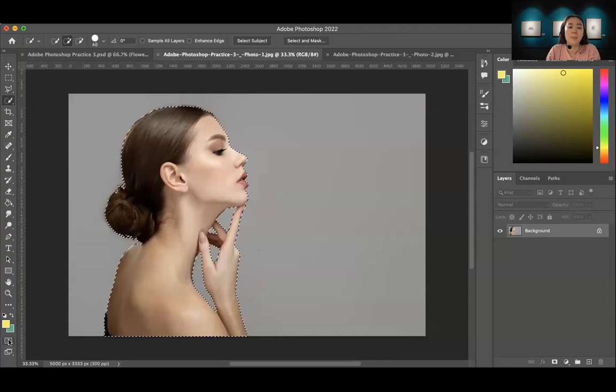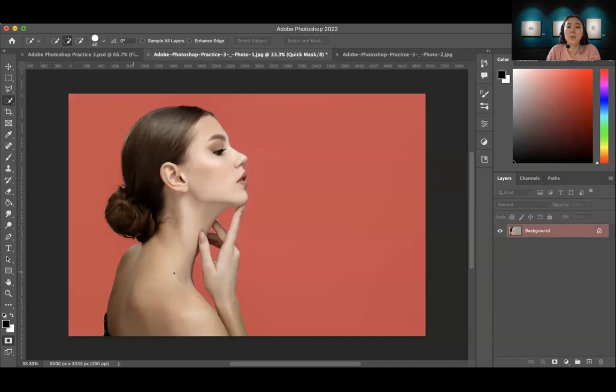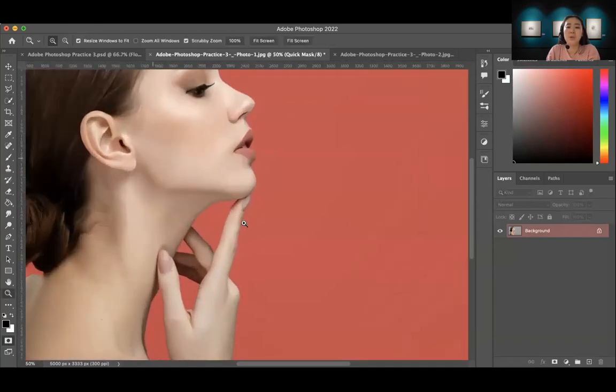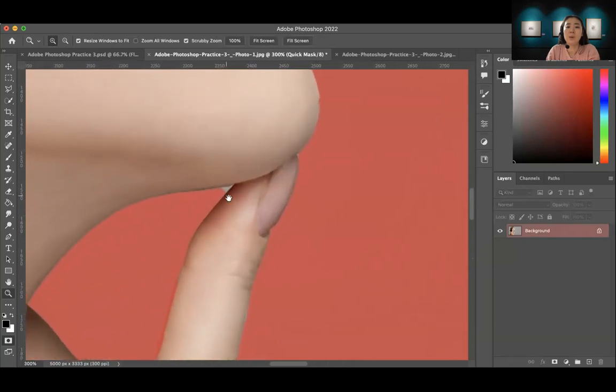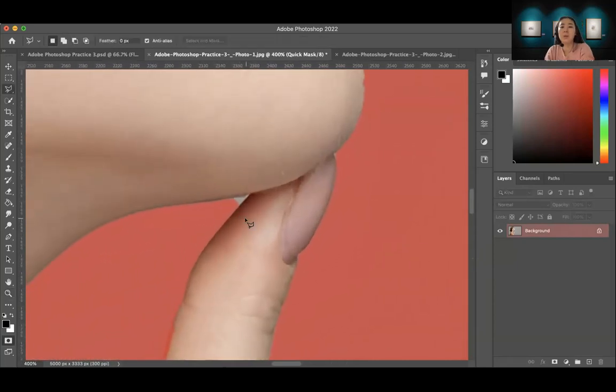And then, on the left panel at the bottom, you will see a square and circle icon. When you click this, you will see which part is selected. And when you zoom in, some of the part is not selected well. So with this